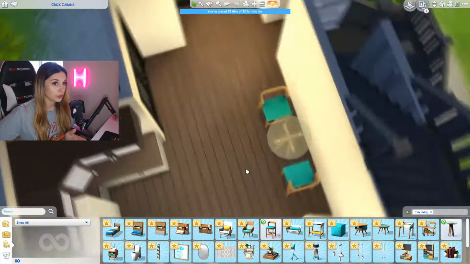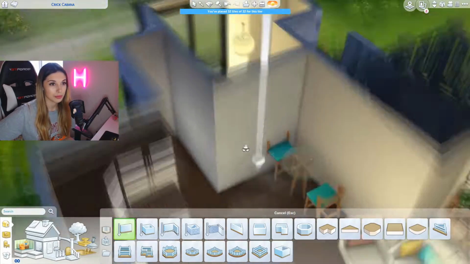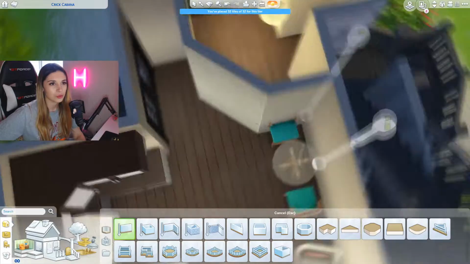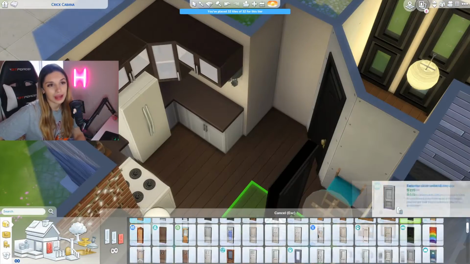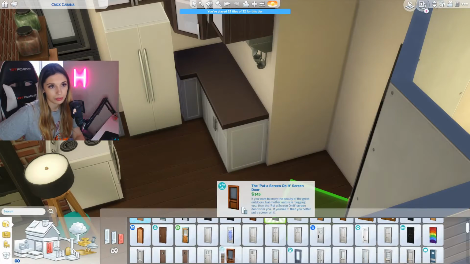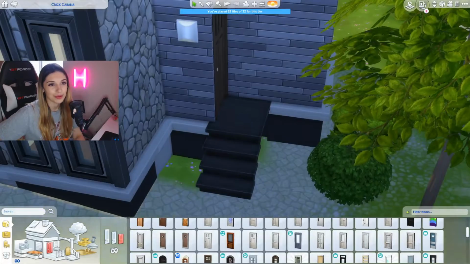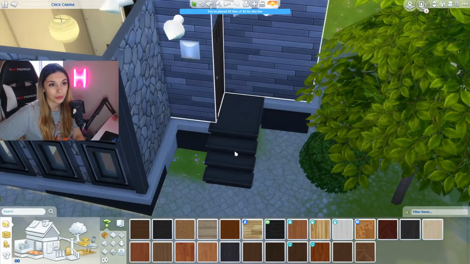So I changed where the door was, and I wasn't really happy with how the stairs looked. I kept moving them around. I was placing some things against the wall. I didn't know what to do, but I ended up just changing where the stairs were. You'll probably see in a minute. I'm just trying to currently figure out how I'm going to make the bathroom work with the windows,